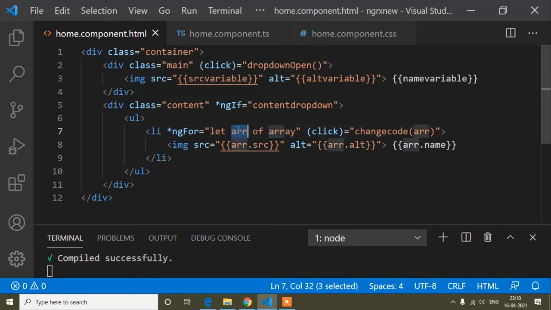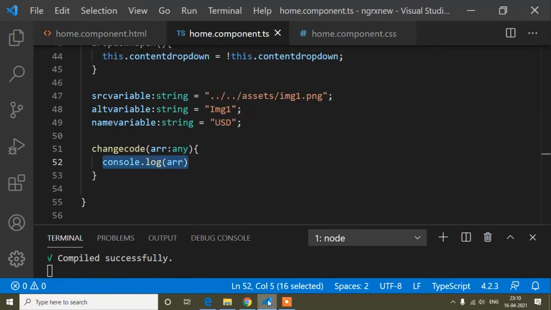Because guys, I have stored all the data of this array inside this arr variable, and now this arr variable I called here. So when I'm clicking any li tag, so now guys, here we can do one thing, that is inside this arr I'm getting all the object.